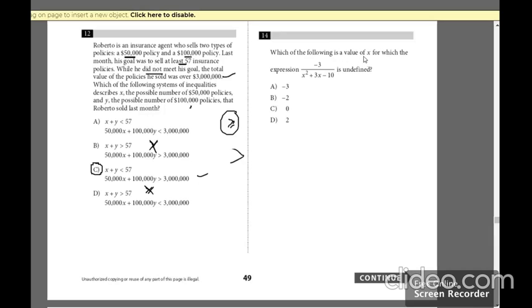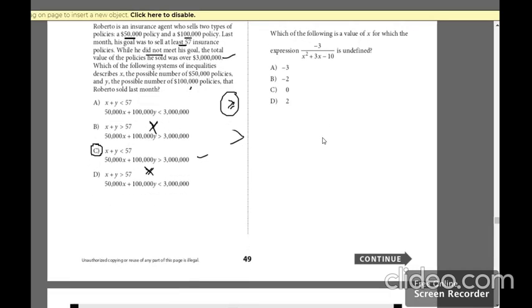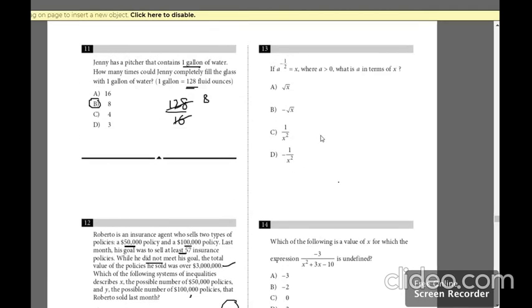That's how quickly you can do it if you know the trick. Which of the following is a value of x for which the expression... no, you have to complete the 12th one first. The 13th one has a negative exponent, and it is 1/2, so we'll get it like that. If I flip it, I'm going to get 1/x, but I should get rid of this one. So if I square it, I'm going to get like that. So the value of a in terms of this is going to be 1/x².